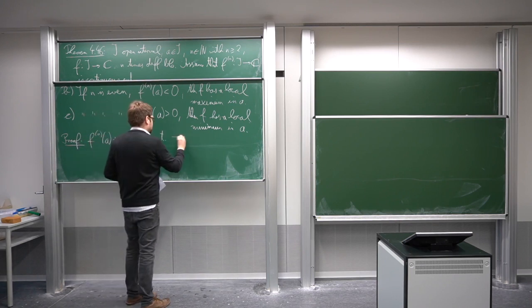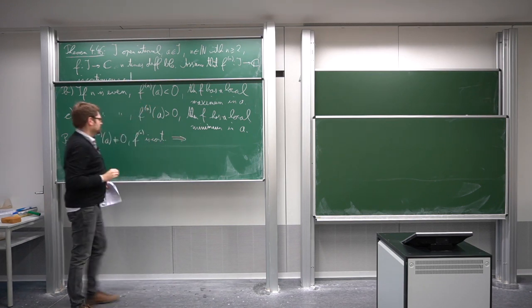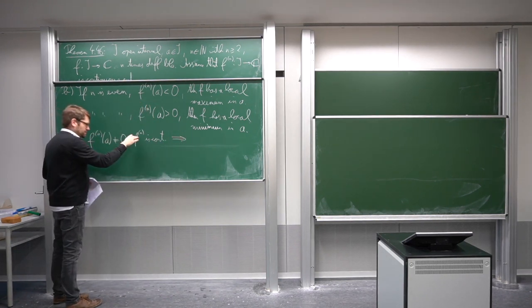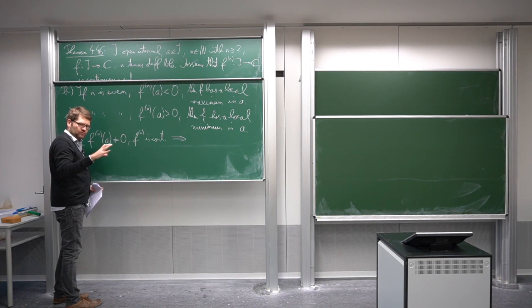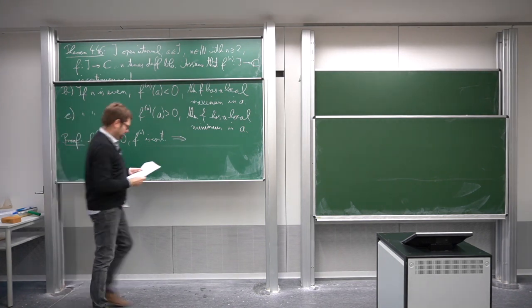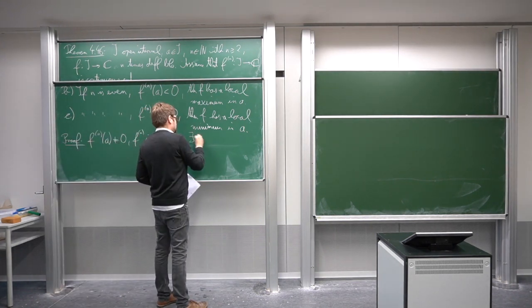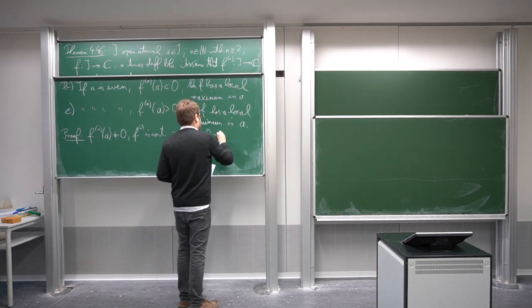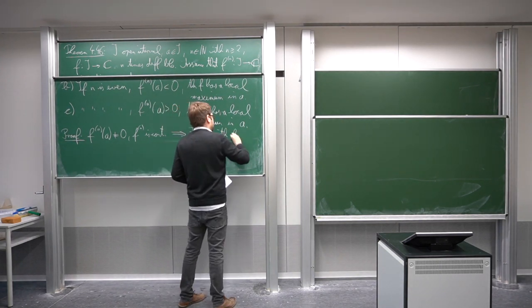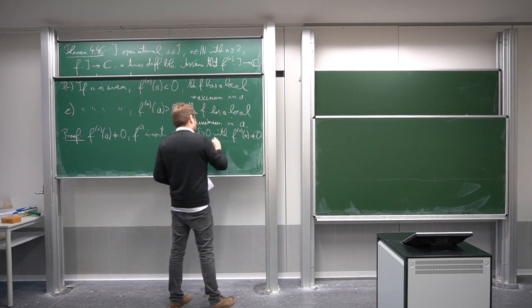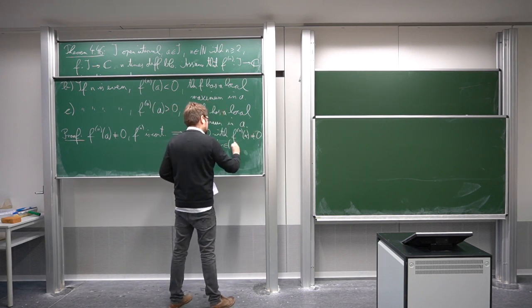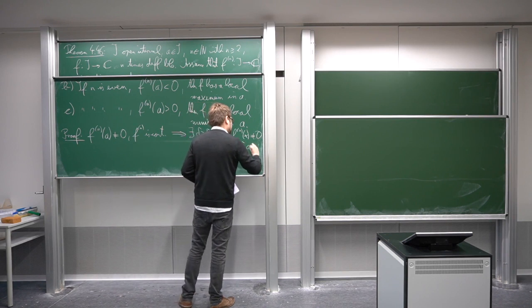Then, as in an exercise we did once, since it's continuous and non-zero at A, there is a neighborhood of A where the nth derivative is non-zero on the whole neighborhood because of continuity. So there exists some delta bigger than 0 with f^(n)(x) not equal to 0 for all x in (A minus delta, A plus delta)